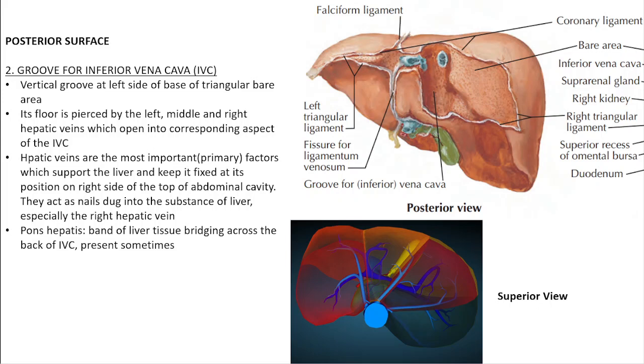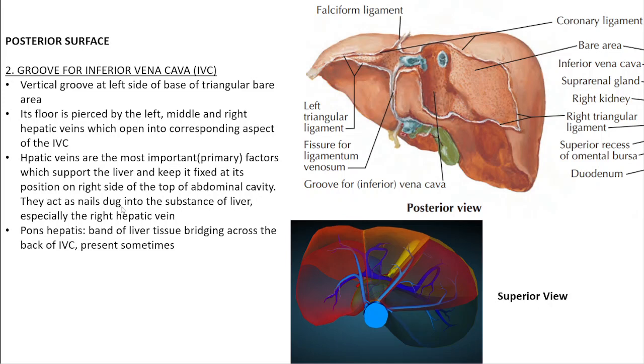So they are the secondary supports of the liver, and the tertiary support of the liver is the falciform ligament. So the least important one is the falciform ligament. So you should remember primary supports, secondary supports, and tertiary supports. Most important ones are the hepatic veins, and then you mention the coronary and the triangular ligaments. On second number are the viscera lying below the liver, that is the right kidney, right suprarenal, and the superior duodenal flexure and the hepatic flexure of colon. And the least important or the tertiary support is the falciform ligament, right?